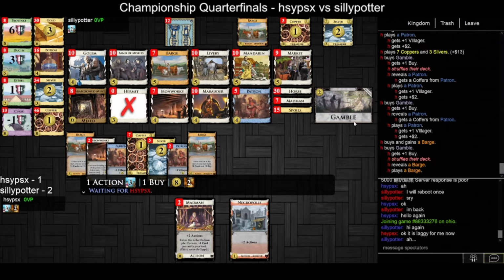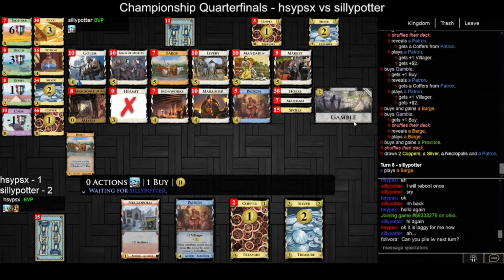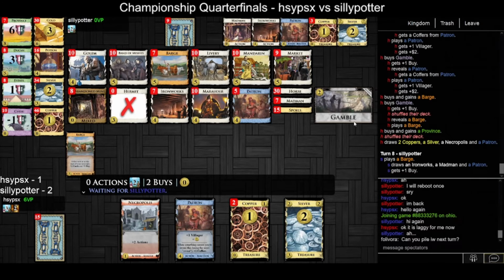So how do you imagine this game ending? Patrons are probably going to run with these Ironworks due to the favorable interaction with Coffers, and then afterwards you can just take maybe Ironworks Estates as the third pile as a sneaky win. Hsypsx already going for Province. It feels early, but